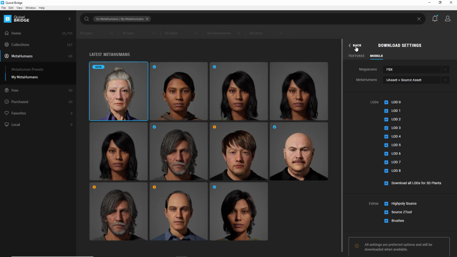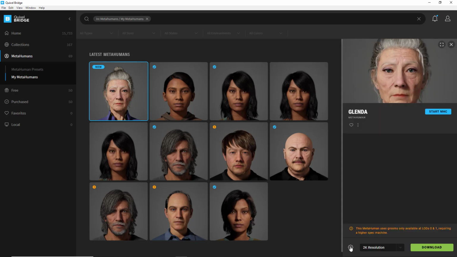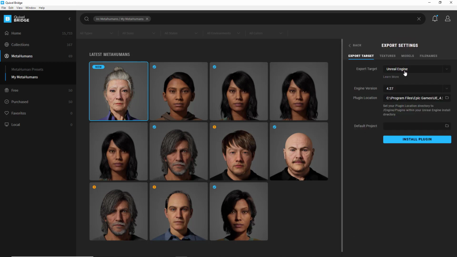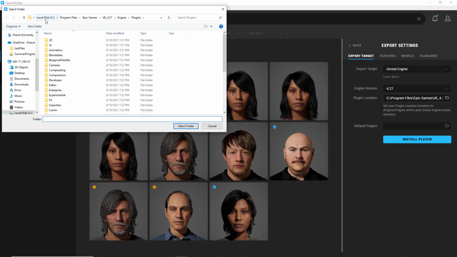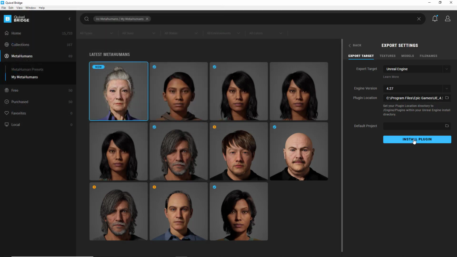Okay, so that's my download settings, and then I need to take care of my export settings. So I'll go to that same cog, choose export settings, and Unreal Engine is where I want to export to. I need to select my correct version of Unreal Engine. In this case, I'm using 4.27, and then the plugin location. In my case, I have Unreal Engine installed on my C drive, Program Files, Epic Games, 4.27, Engine, and then I point to the plugins folder. This is where the Megascans plugin needs to be installed. So we'll click install,